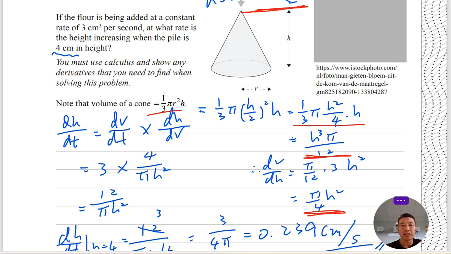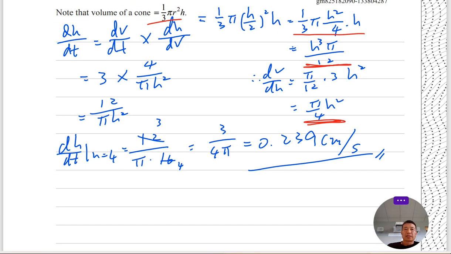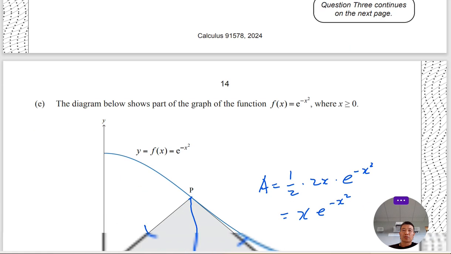So you plug them in. dV dt is 3, dh dV is the reciprocal of dV dh, which is 4 over pi h squared, so which is 12 over pi h squared. Now what? Because it says when h is 4, we plug 4 into h, so we get 3 over 4 pi, in other words, 0.239 centimeter per second is the answer. All right, the last question, I think it is